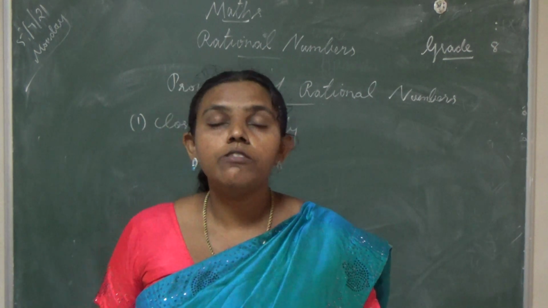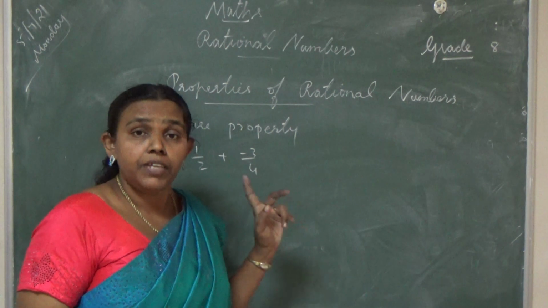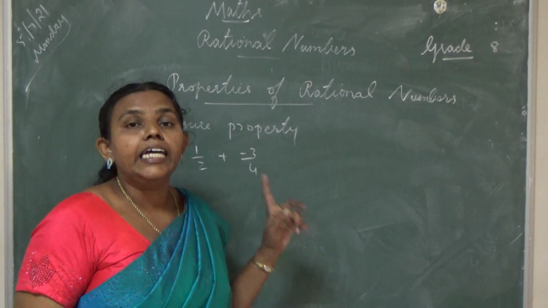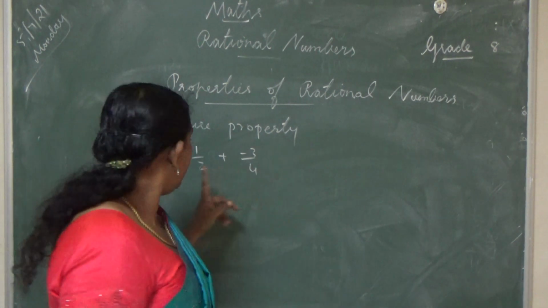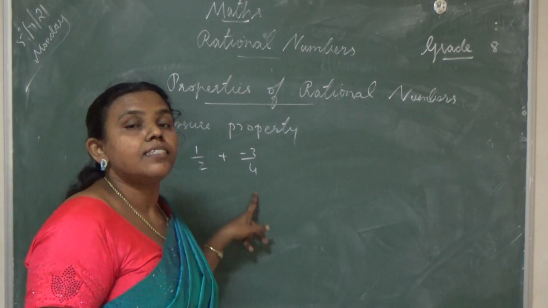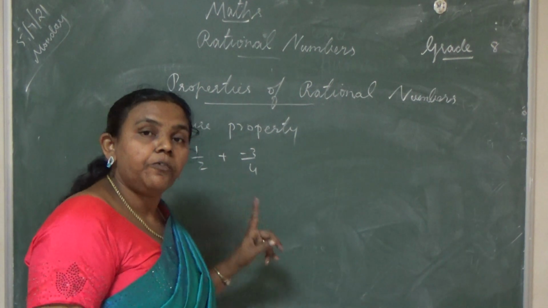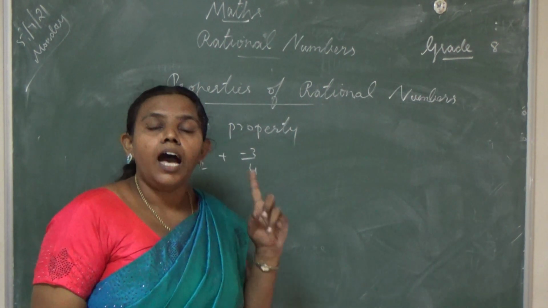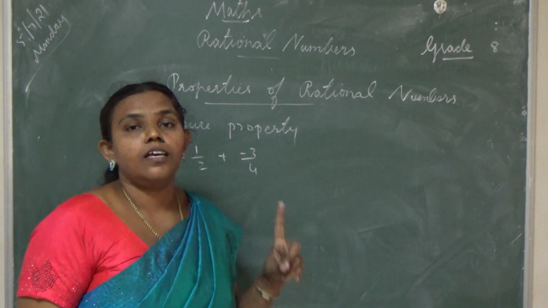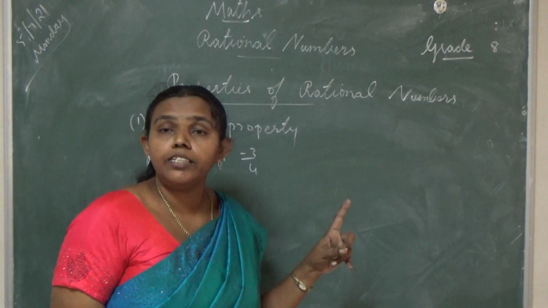We have to check whether the denominator is same. If the denominator is not same, we have to find out the LCM. I said then you have to take the LCM of these 2 denominators. After that you have to convert the LCM as common. Then only you will be able to add. You remember? Yes.